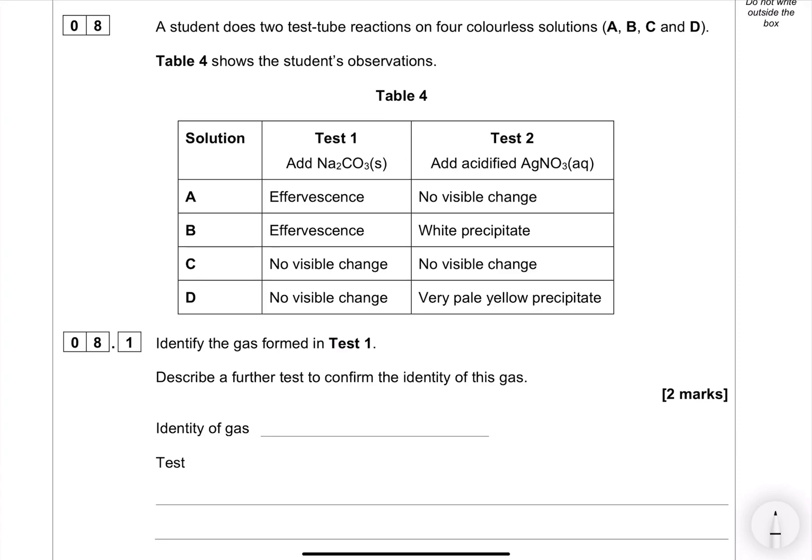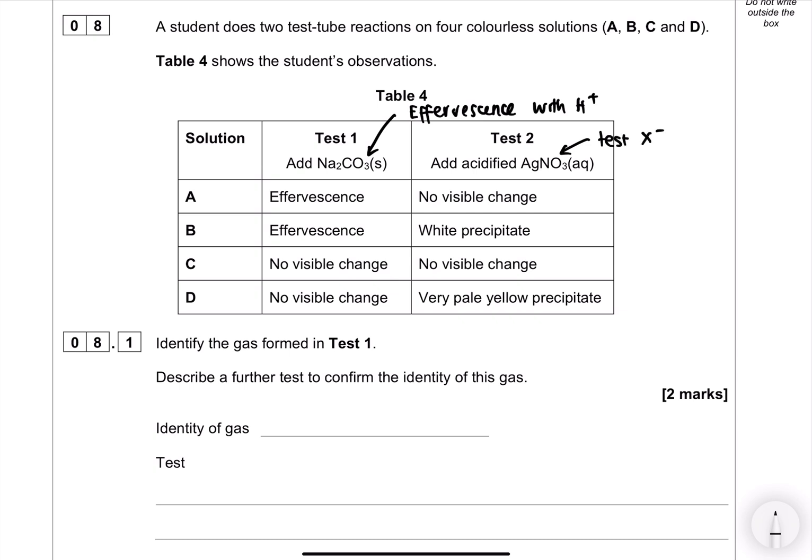A student does 2 test tube reactions on 4 colourless solutions A, B, C and D. Table 4 shows the student's observations. So they're adding sodium carbonate solid, and sodium carbonate, we need to remember in our test tube reactions, is a test for acid. So sodium carbonate is going to effervesce with anything containing hydrogen ions, so effervesce with acid, and acidified silver nitrate is going to test for X- halide